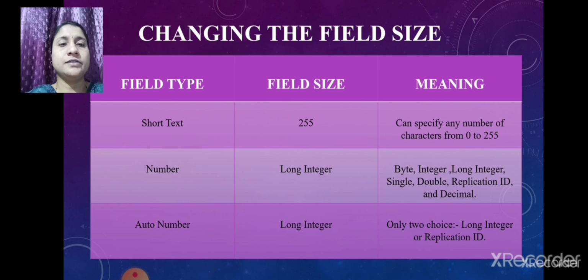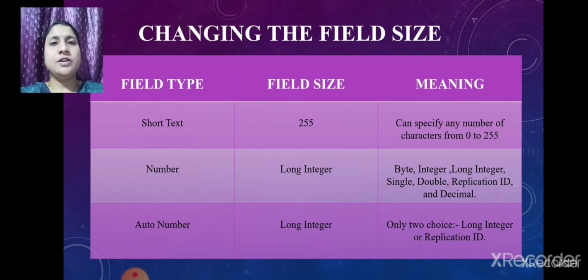In this class we have learned how to create a table using design view. We also learned that the design view is divided into two parts, the upper panel and the lower panel. Then we learned what a primary key is and for what purpose it is set. Then we learned about understanding the field property. We have seen the different data types and descriptions. We also understood the field properties. Then we also saw changing the field size. So all these things we have learned in this chapter.